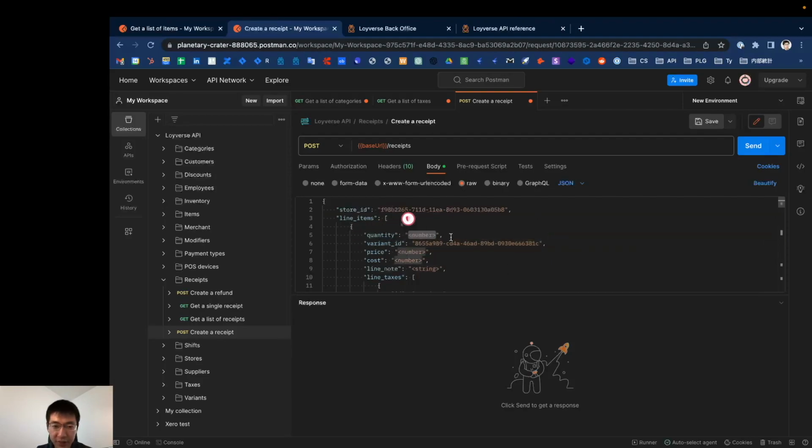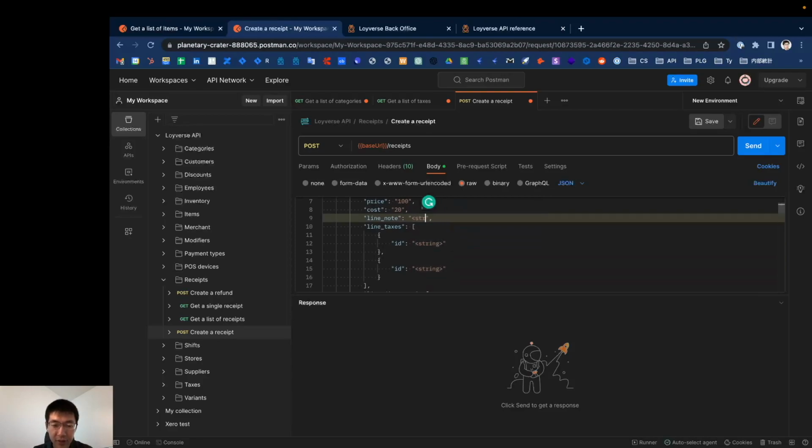Okay, this item quantity 5 with price. Here, when you are making receipts from API, doesn't matter how much price you decided in the back office, you can specify different price and cost when making an order from API. And note, Postman testing